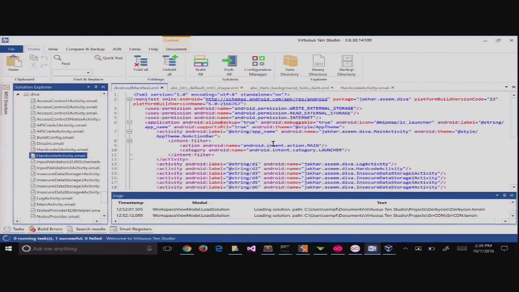I'm not going to click and show you the reverse generation process, but there's a tool out there called APKTool. It's open source, and it's designed to reverse engineer the bytecode of an APK into the intermediate language, which is Smali. And that's what Virtuous Ten uses. You can do it all from the command line and be fancy if you want to, but it is so easy to use Virtuous Ten and actually have an IDE to work with. It's insane. And again, it's free. You can pay for a license; the only thing you get rid of is the little flag at the beginning that says it's there. And actually, I think I paid for a license and sent in the form and everything, and I have never heard back from them.